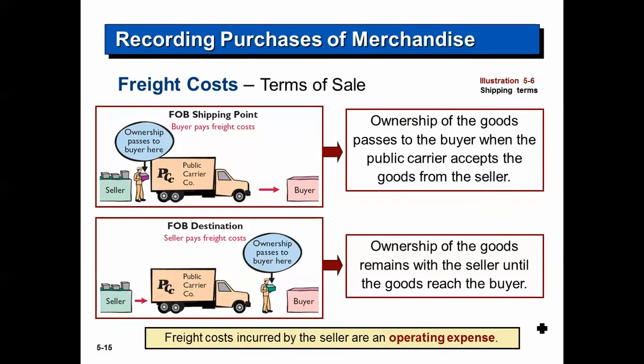Now, if I had to pay for the freight cost to bring that inventory into my business, then I have to add that freight cost to the price of the goods. Now, some suppliers pay the freight cost for you. If the seller pays the freight cost, that's called FOB destination. That means the seller sold you the goods and